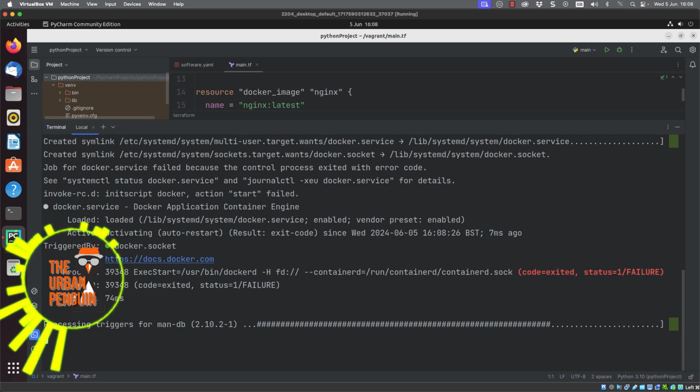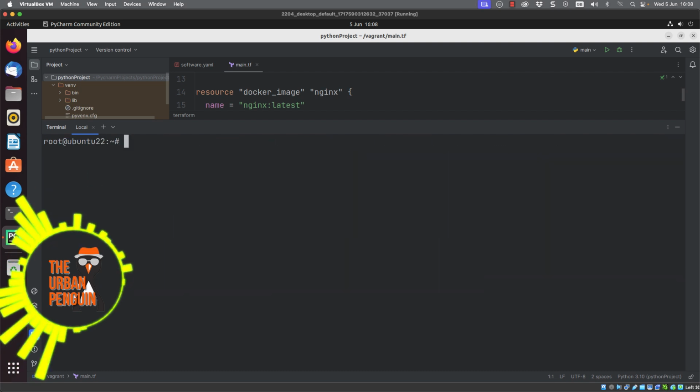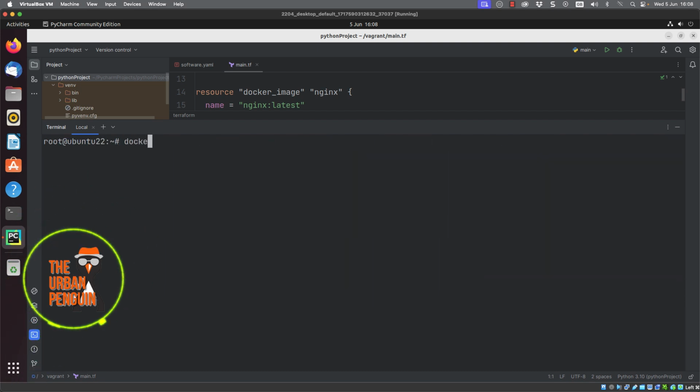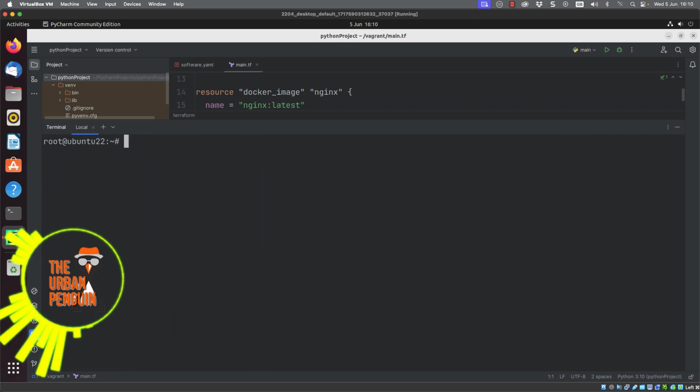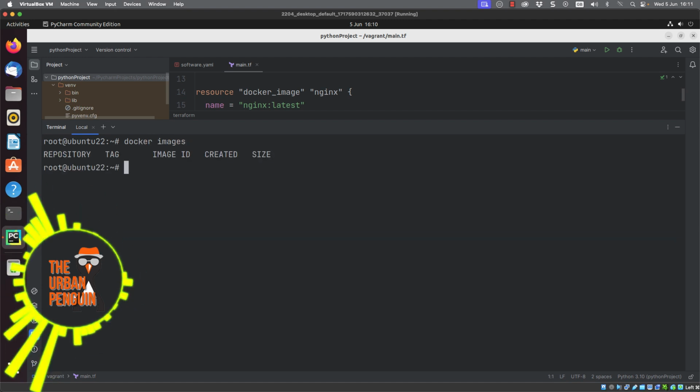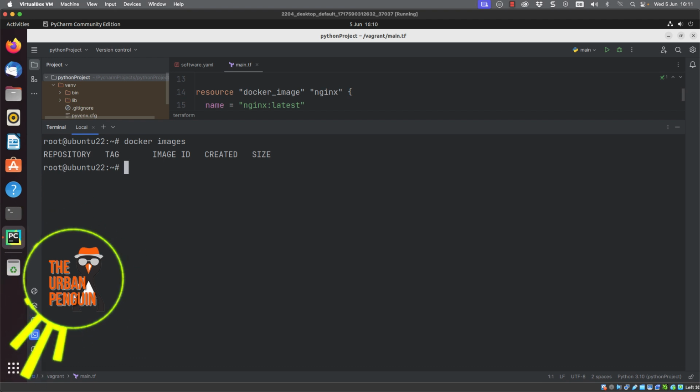So to save messing around, I'm just going to run as root. Now that it is installed, I can go through and check something simple, the Docker version. When we take a look at this, we can see that we've got both the client and server versions showing. When I look at Docker images, obviously I'm not going to have anything installed, but you'll see once I run the Terraform file, we'll have the image installed, but it will also then be removed once we destroy